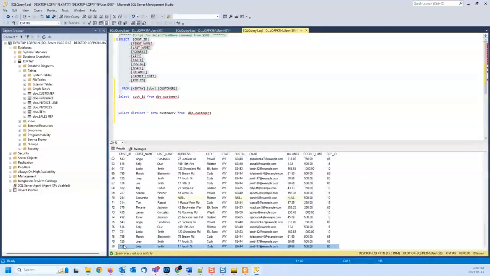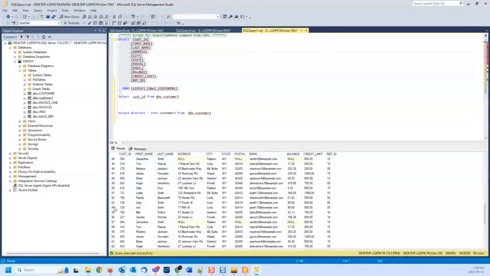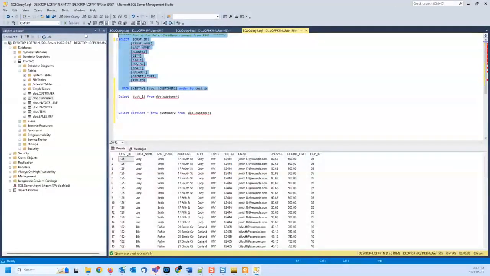I created another Joe Smith with the customer ID 125 and I changed the balance to 90.68. All the previous occurrences of Joe are 80.68. Look at this one. This is 80.68. This is 80.68, right? So if I say order by cust underscore ID, okay,